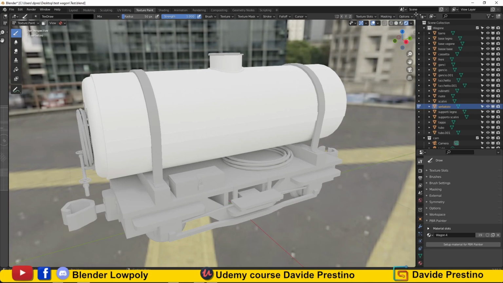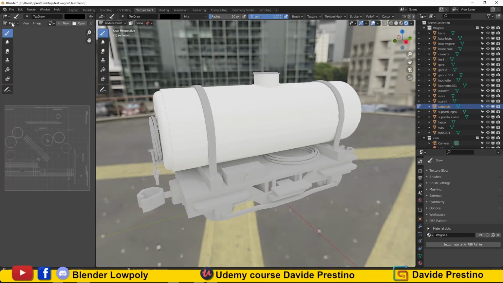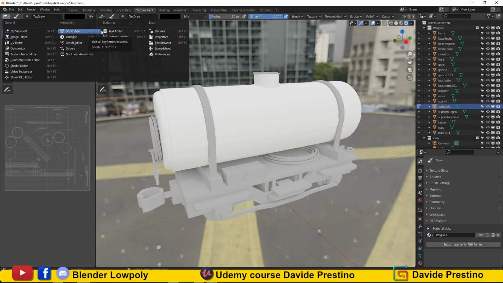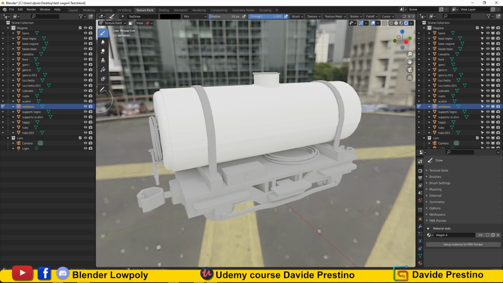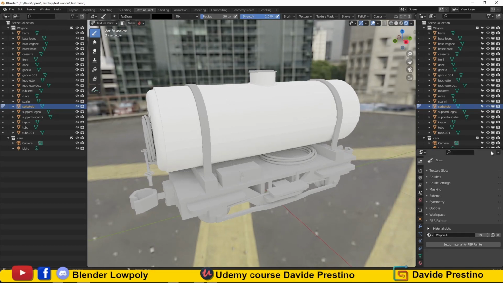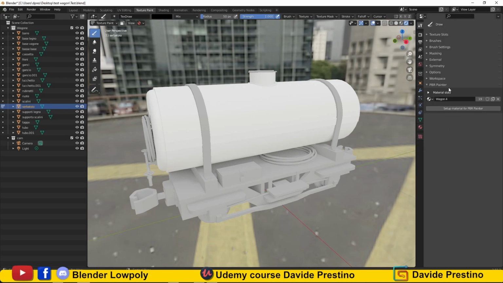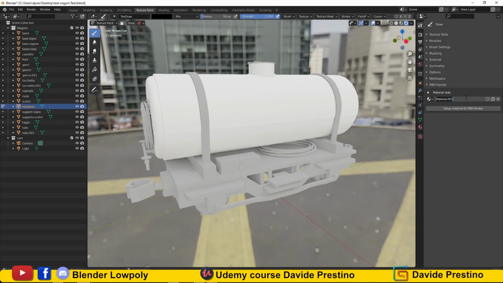Let's start to texturize the tank of the wagon. But first of all, I am adjusting the Blender interface to make it more like Substance Painter's. Let's create the tank material, and activate the first layer, and name it Base.